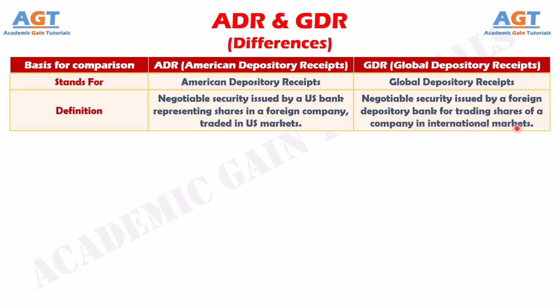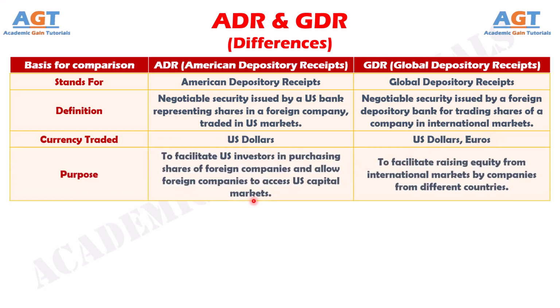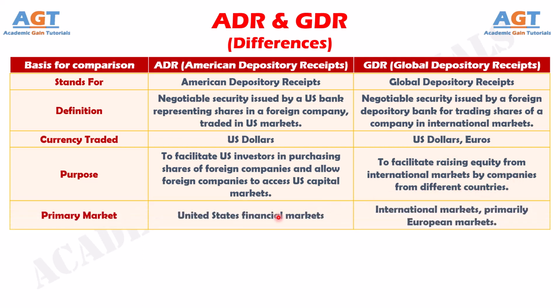markets. Number 3. ADRs are traded in U.S. dollars, whereas GDRs are traded in both U.S. dollars and euros. Number 4. The purpose of ADRs is to facilitate U.S. investors in purchasing shares of foreign companies and allow foreign companies to access U.S. capital markets, whereas GDRs aim to facilitate raising equity from international markets by companies from different countries. Number 5. ADRs are primarily traded in United States financial markets, whereas GDRs are traded in international markets, primarily European